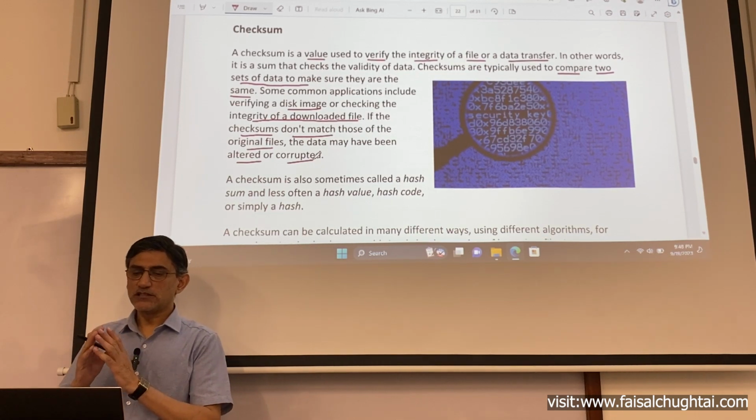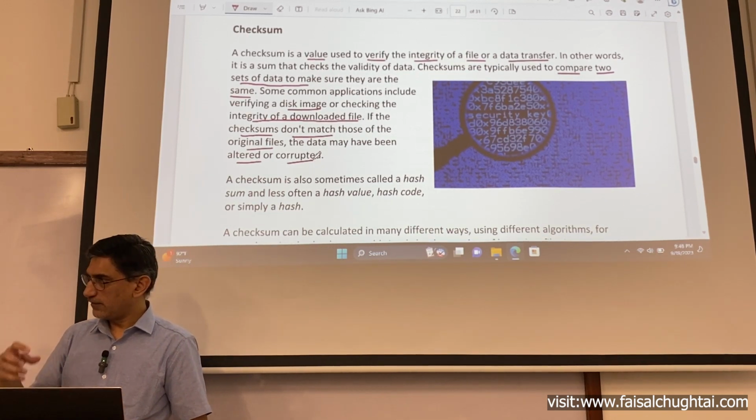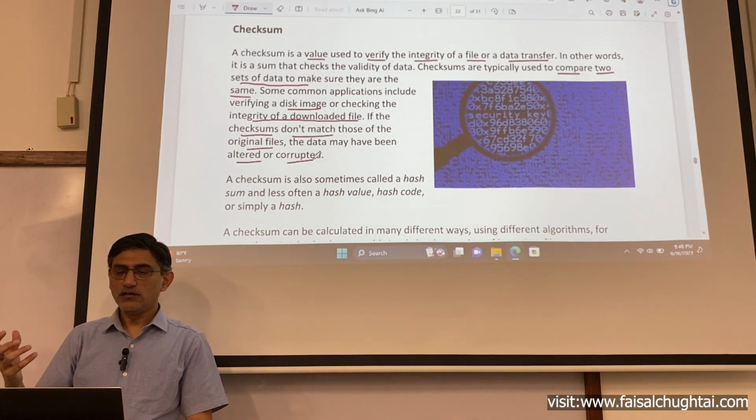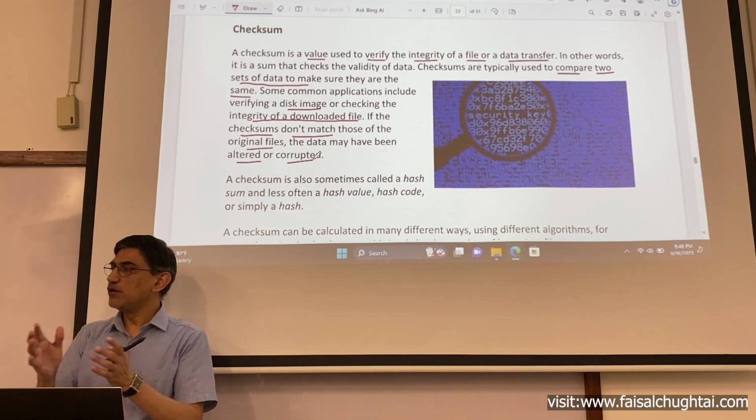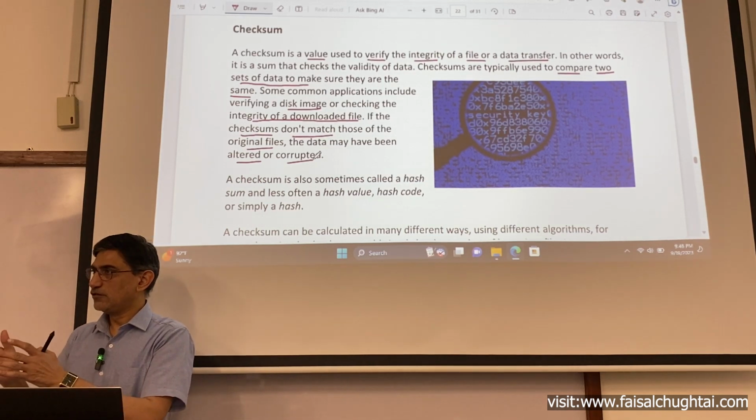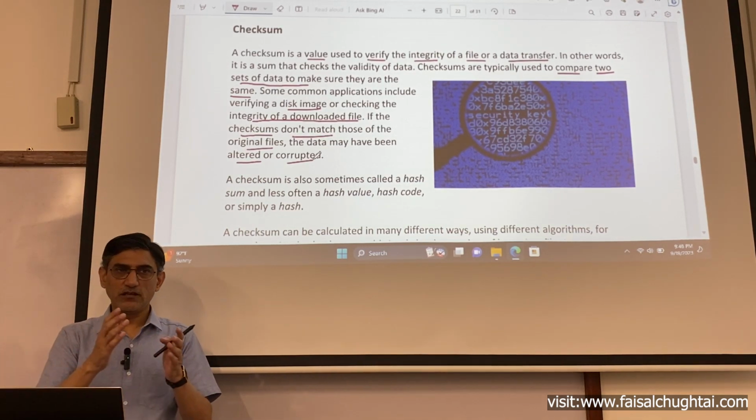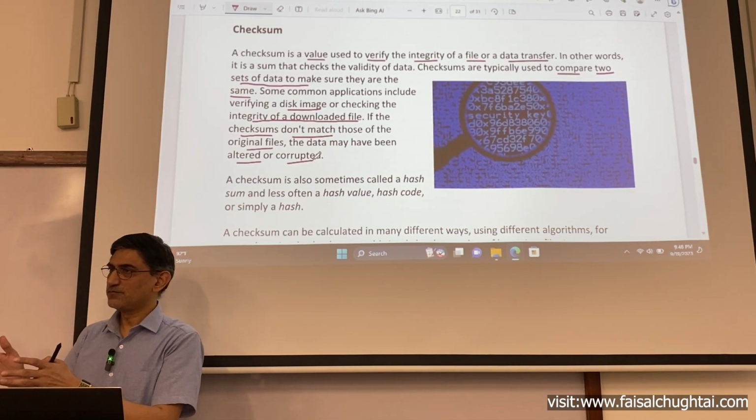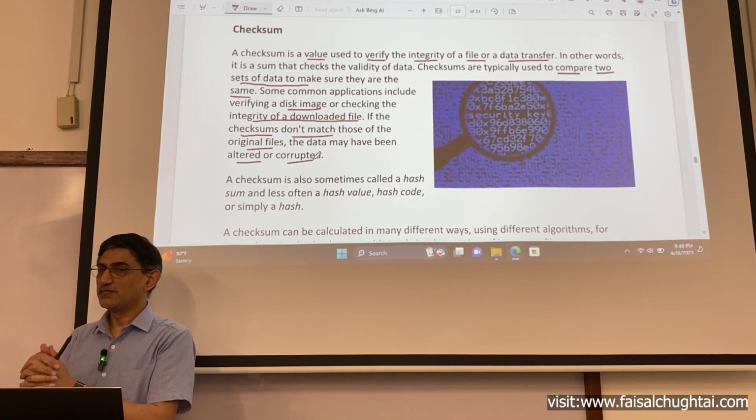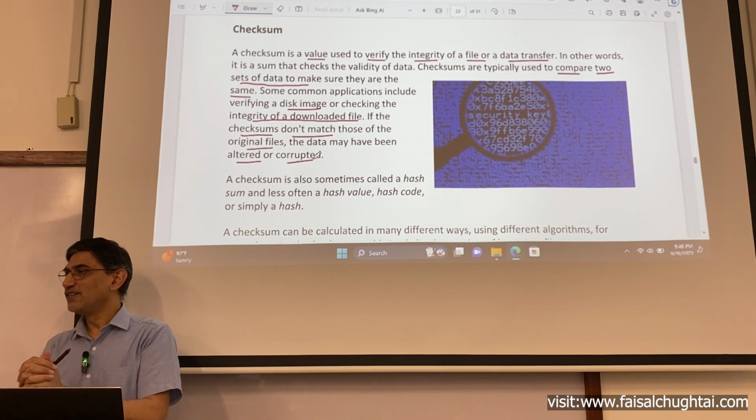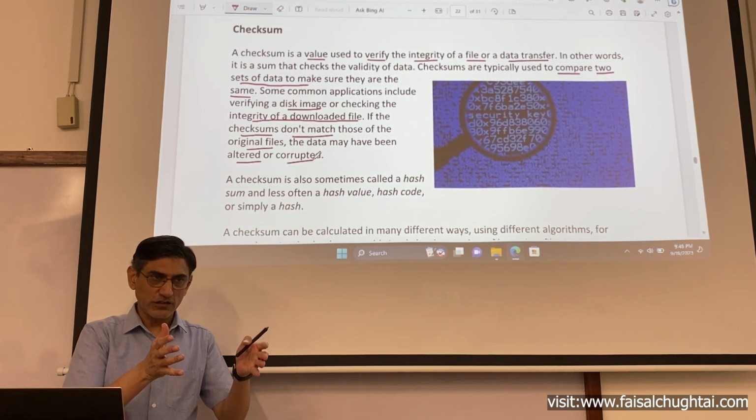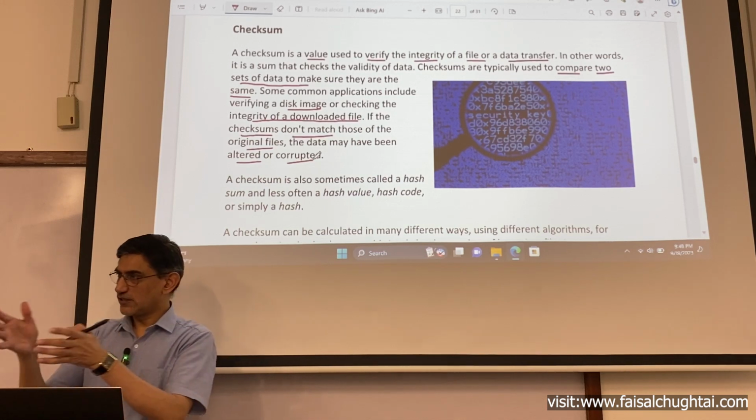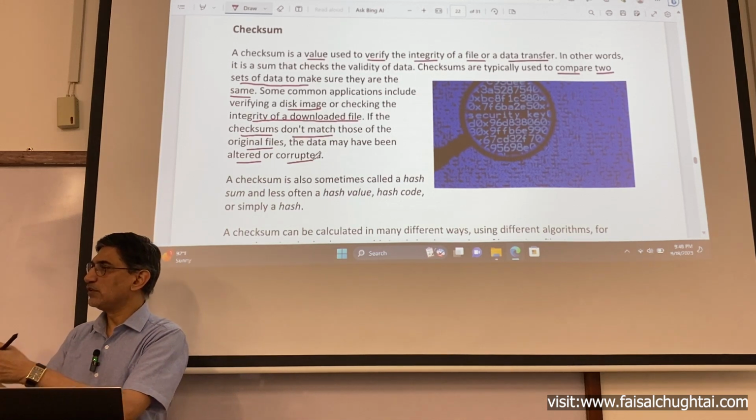Now, say for instance, you have downloaded a file, or you have made a mirror image of a hard disk. Do you know what is meant by making a mirror image of a hard disk? Anyone? Actually, copying the entire contents of a hard drive somewhere else, or maybe onto another hard drive for the sake